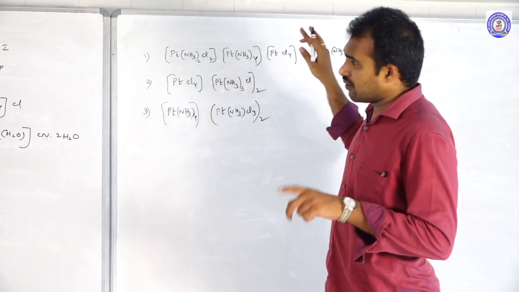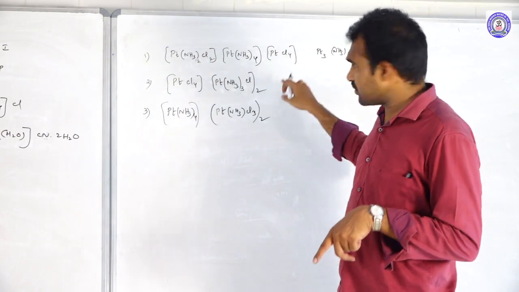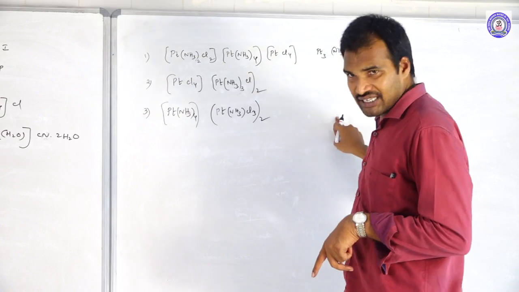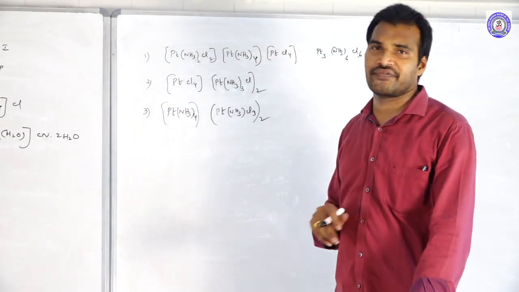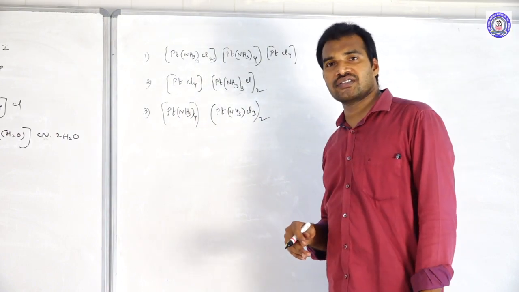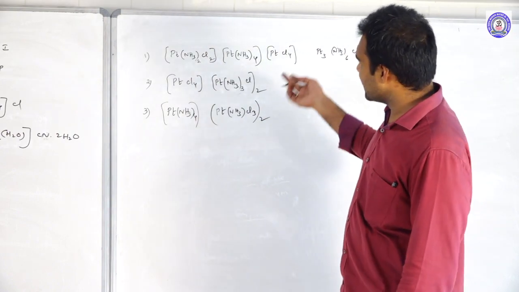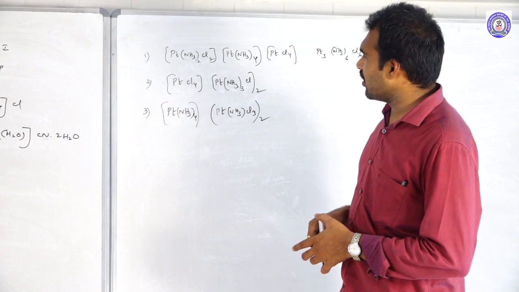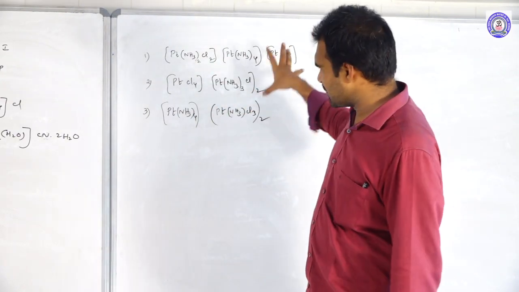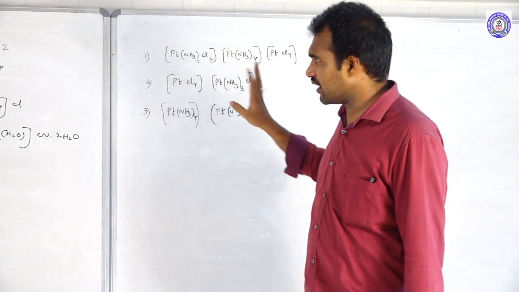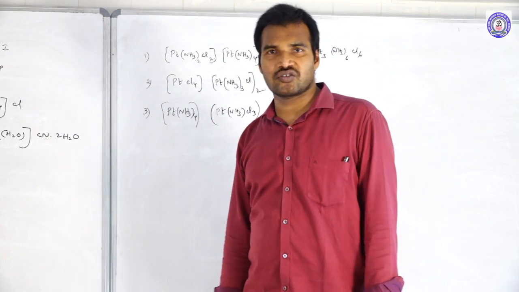Okay, so sorry, here the molecular formula remains the same. See, the molecular formula here is Pt(NH3)6 and Cl3. The molecular formula remains the same, but their empirical formula is different. That is why we generally call them polymerization isomerism. This is not much important, you just remember this example. Okay, so this is about the types of structural isomerism.